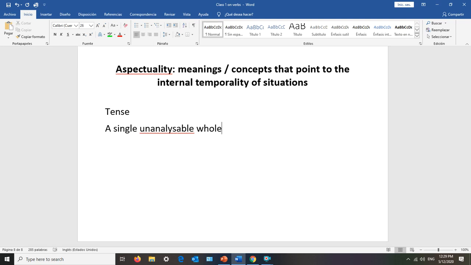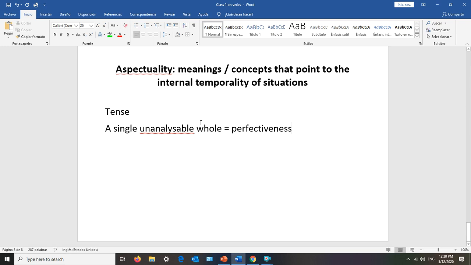I continue. Verbal forms with this meaning will be said to have perfective meaning, right? So here is the notion of perfectiveness, an aspectual notion of perfectiveness. Irrespective of the aspect that the verb shows, the semantic notion is that of perfectiveness, presenting a situation as a single, unanalyzable whole. Okay?